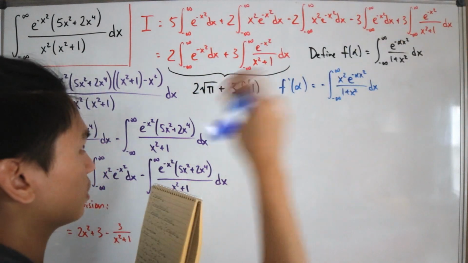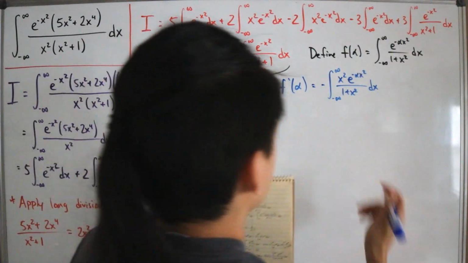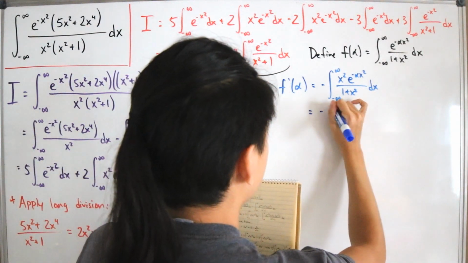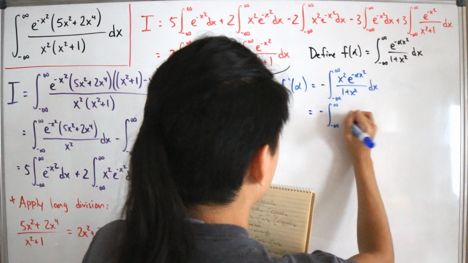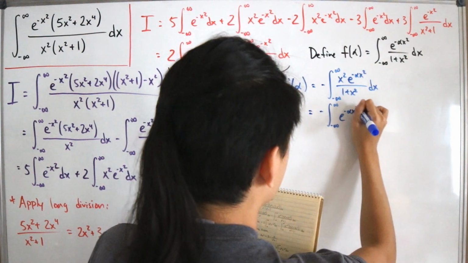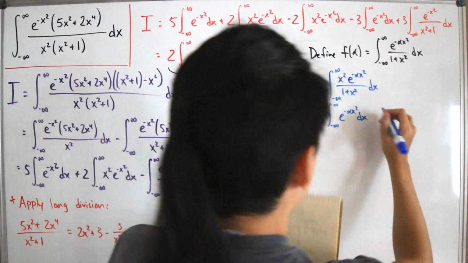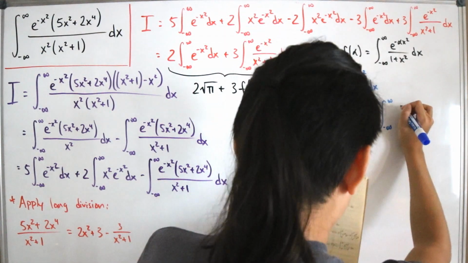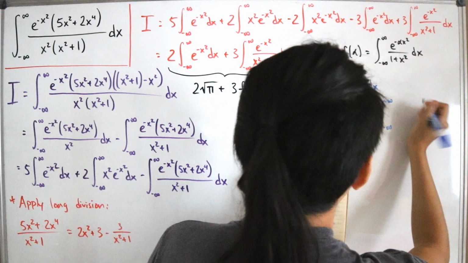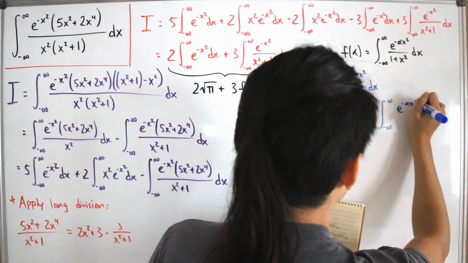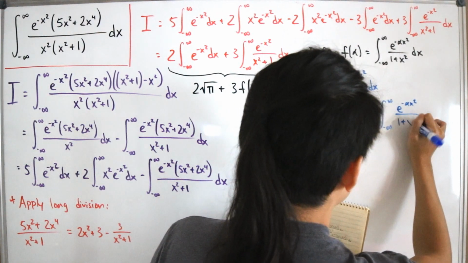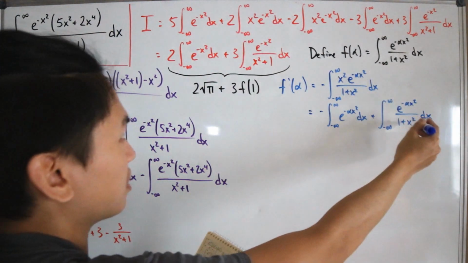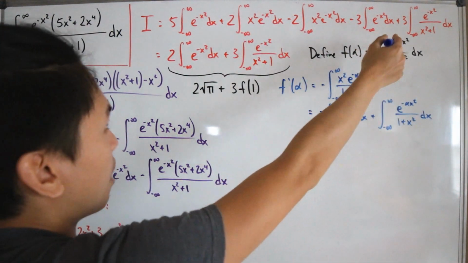of the integral. So with that difference and using linearity, this simplification will give us the integral from negative infinity to infinity of e to the negative alpha x squared dx, and then we're going to add this with the integral from negative infinity to infinity of the same thing. Well, rather it's 1 times that, so e to the negative alpha x squared over 1 plus x squared, then dx. Interestingly, what's nice is that this is actually the exact same function as our f of alpha,